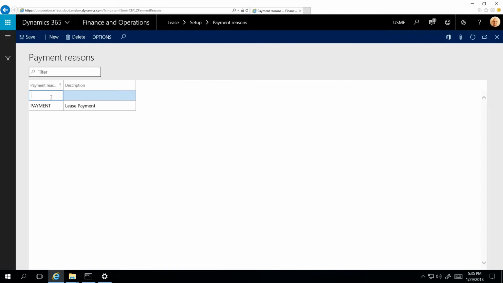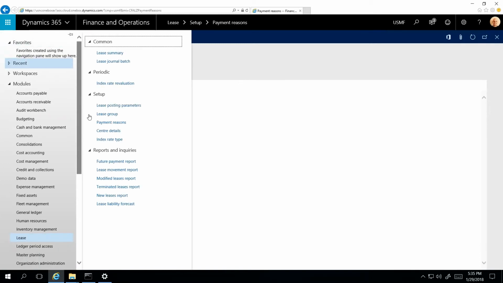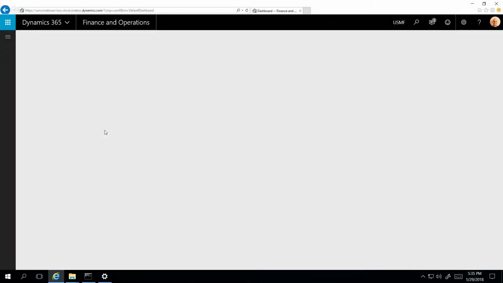I will go ahead and create that payment reason now. And under description, we can say free rent period and click Save. Now when we go into our payment schedule, we have the option to assign a period of free rent or a period of payment for our payment reason. We can click Save. And next, we can head into our center details setup form to create names and descriptions